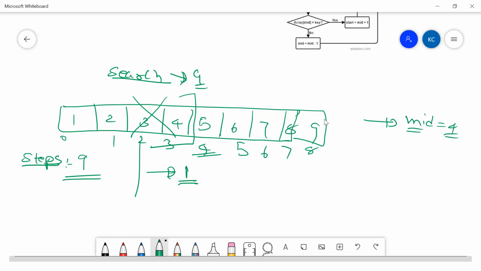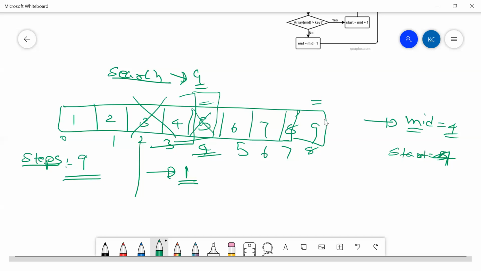Now I came to know that I should be searching from over here to over here. So my start will become mid plus 1. The mid is 4, I'm comparing 5, which means whatever is to the left of it, including 5, is nothing to search.